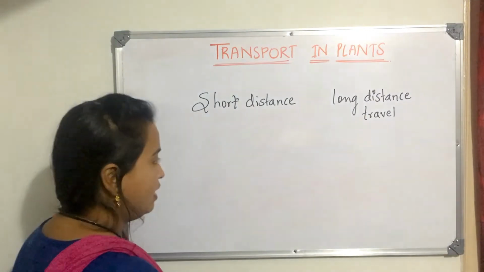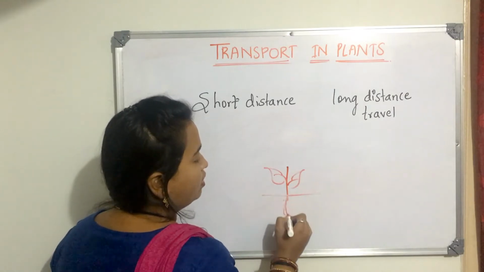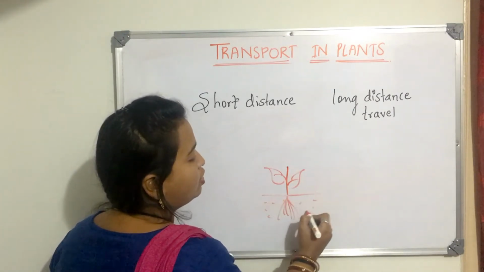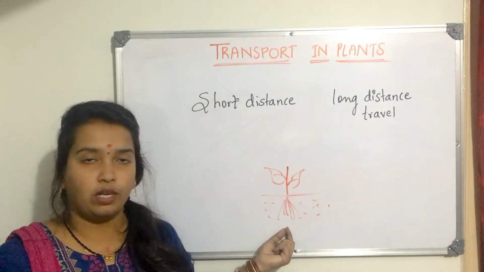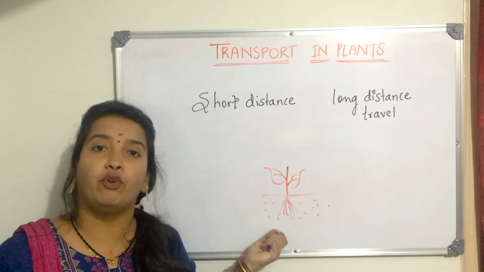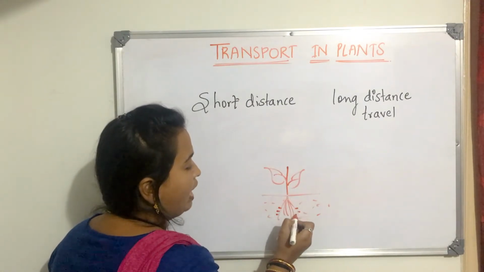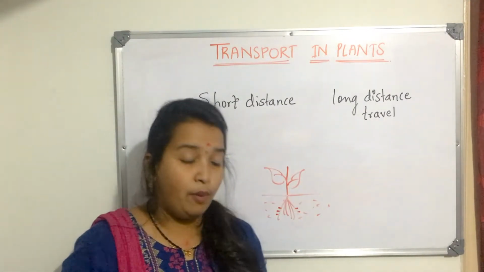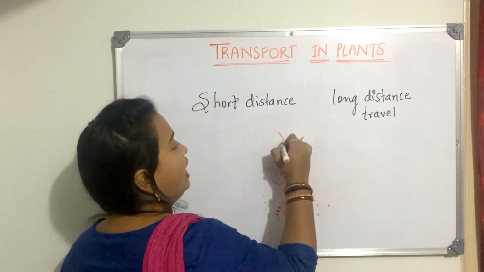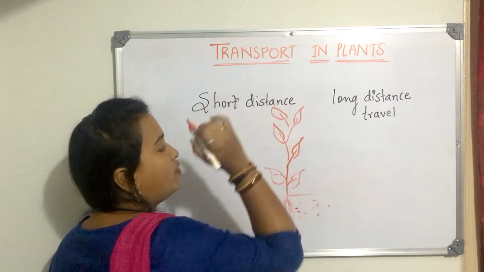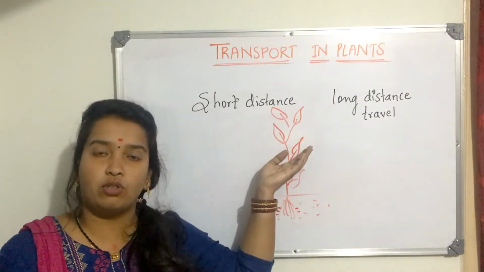See here, now let us consider a plant. For example, if you consider this as a plant, the roots are close to the soil, and you know that water is present in the soil. Now this water has to enter the root. It will enter the root with the help of root hair. Through this root hair, the water will enter the root. But this water has to be transported to the top of the plant as it is growing. Now do you think it is so easy to transport water very fast to the top of the plant?